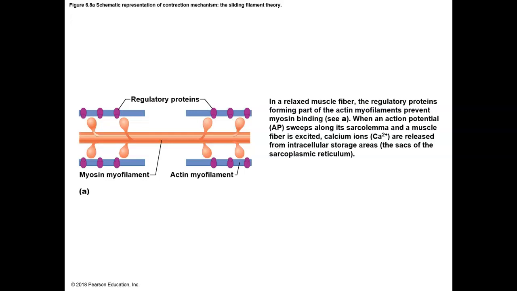Anyways, let's go back to the muscle contraction. So regulatory proteins regulate that muscle contraction. And they do this by covering the binding site on the actin molecule. Myosin has to be able to bind to actin to allow the actin and myosin to contract. So if the binding site on actin is covered, then no muscle contraction can occur. But